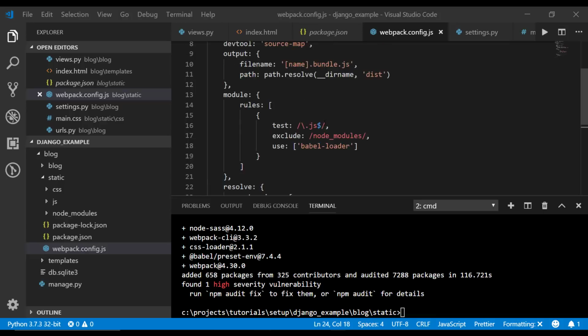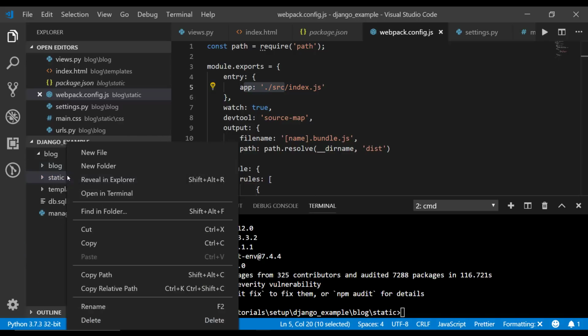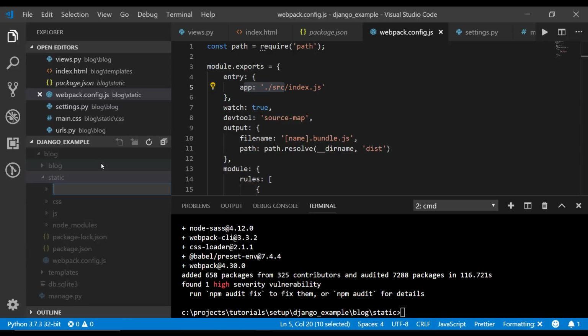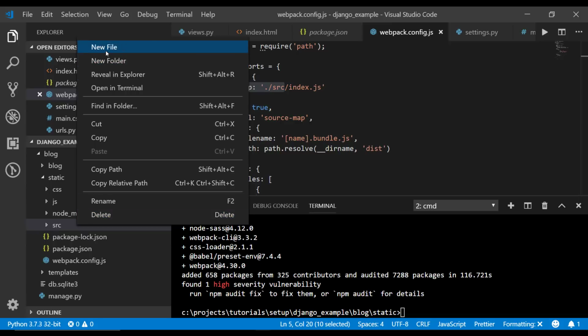All right, so if we go back up, you can notice that we have our entry point, and it has a source starting point. So let's go ahead and create the source folder inside of our static folder. And this is going to be the source of our UI. And we're going to create a new file in here called